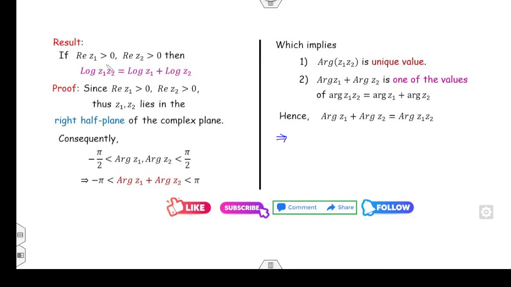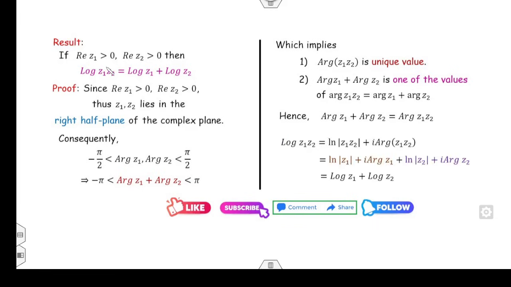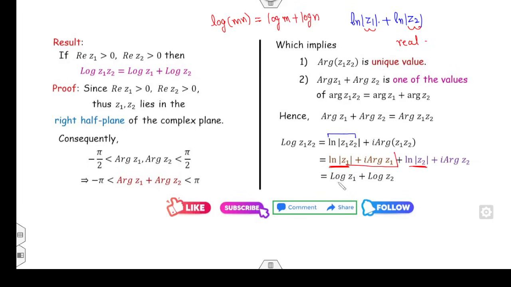फाइन, अब आप by definition से स्टार्ट कर लीजिए, left hand side और right hand side, that will give you the right proof of the result. इसको मैं ब्रेक कर सकता हूँ ना, इस पार्ट को, इसको मैं क्या लिख सकता हूँ, ln of z1 plus ln of z2। Why? Because mod of z1 and mod of z2 are my real numbers, और अगर real numbers हैं then I can write log of mn is log of m plus log of n। तो मैंने इसको अलग अलग कर लिया। The first part is my capital log of z1 and second is log of z2।